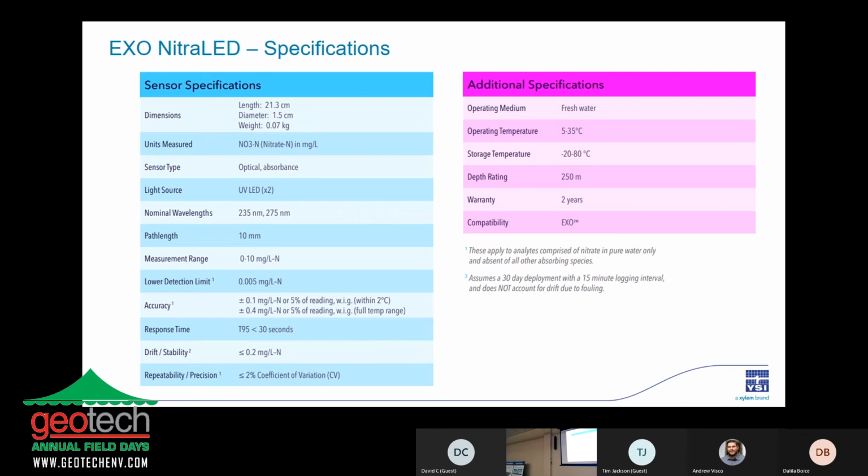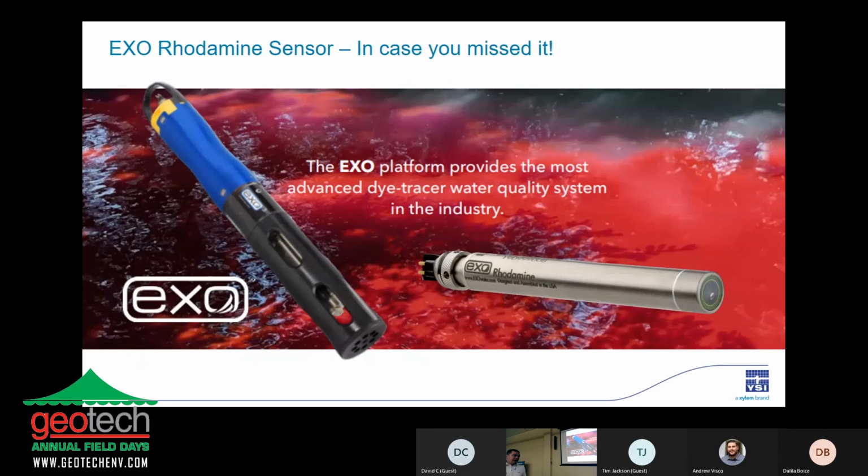It tracks very well. The accuracy range is 0.1 milligrams or 0.4 milligrams over the entire temperature range of the instrument. We also have a really low detection limit of 5 thousandths of a milligram per liter. And in case you missed it, with the pandemic and everything going on, like I mentioned, we